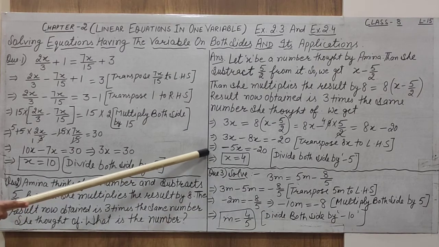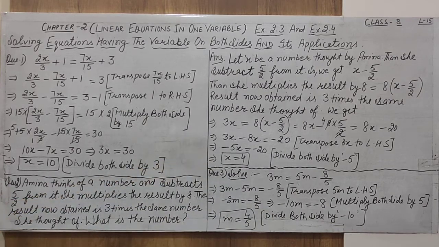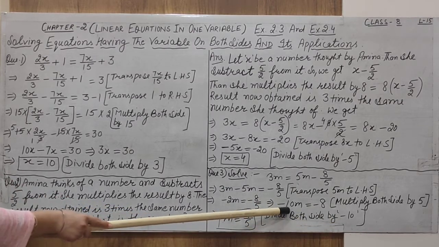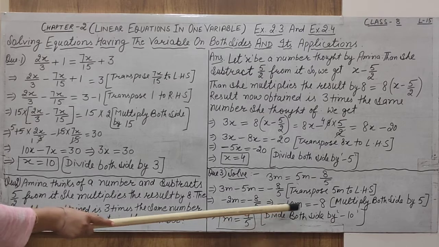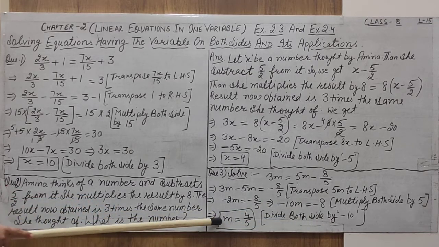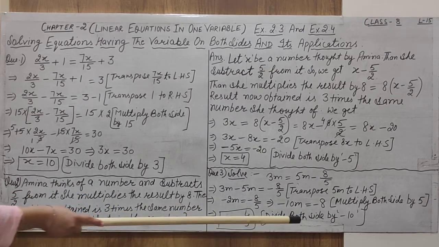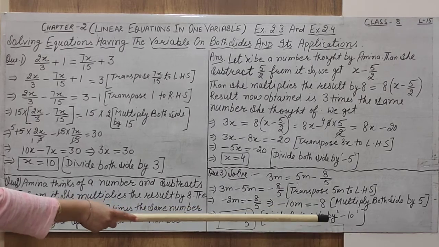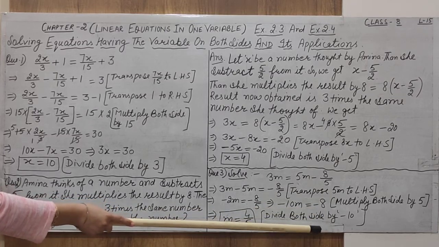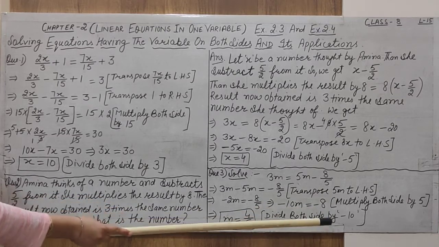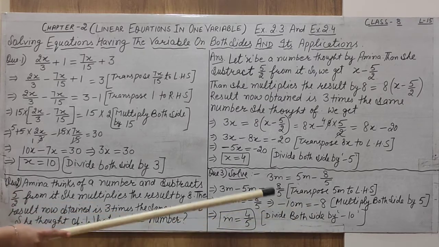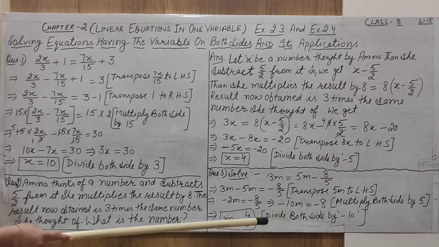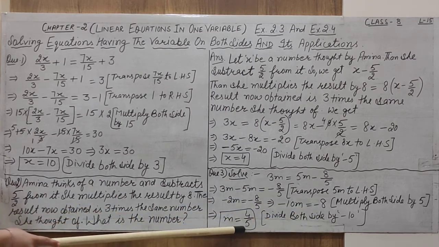As I told you, in this question you have to remove the negative sign also. Both sides by minus 10. In this case, minus 10 is cancelled out with minus 10 when we divide. So, on the left hand side we have only m. When we divide minus 8 by minus 10, the negative signs are cancelled. But 8 by 10 is a fractional or rational number, and we can find its smallest form, that is 4 by 5. So instead of 8 by 10 we can write 4 by 5.